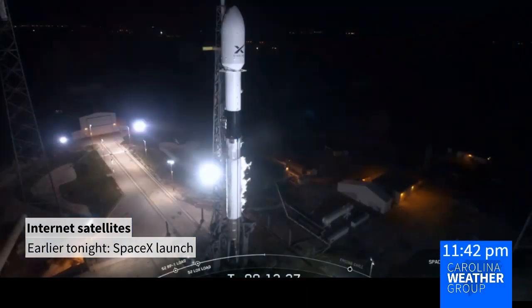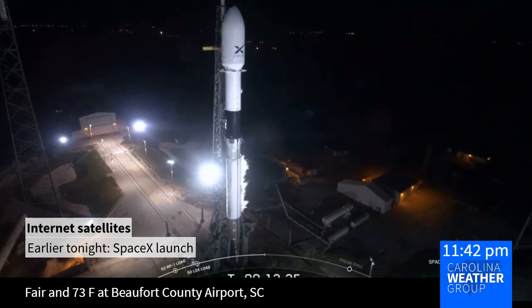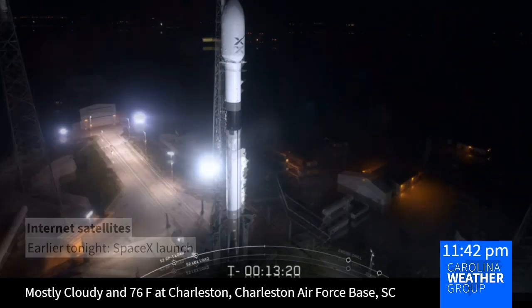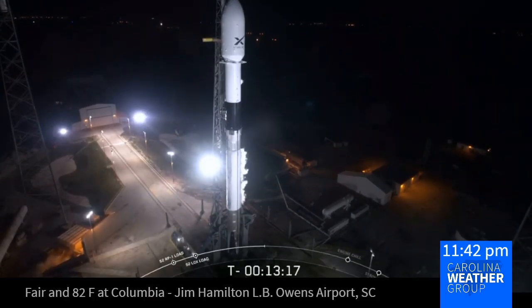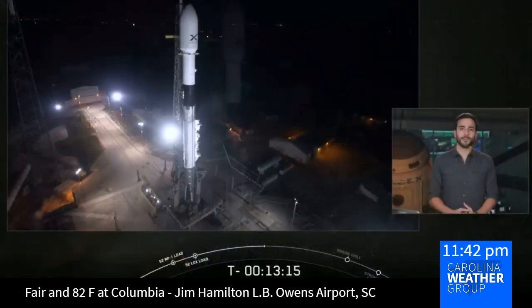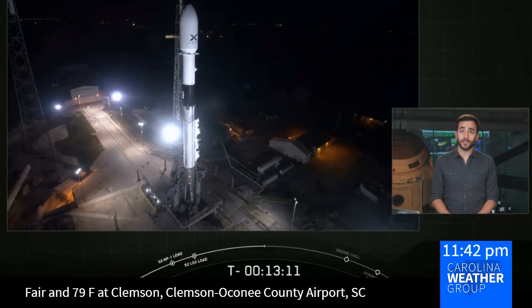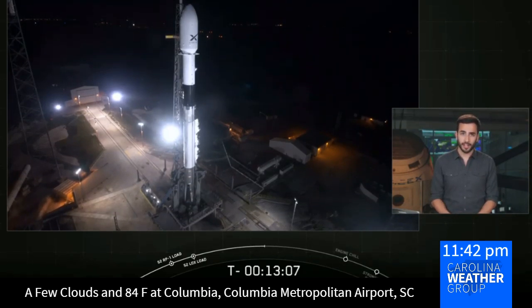Good evening. It is May 23rd here at SpaceX headquarters in Hawthorne, California. You are currently looking at a live view of the Falcon 9 as it awaits its 10:30 p.m. Eastern Time launch from Cape Canaveral Air Force Station in Florida. My name is Tom Perderio and I'm a software engineer here at SpaceX. Today's launch is a particularly exciting one as it's our first launch of a new production design satellite for our